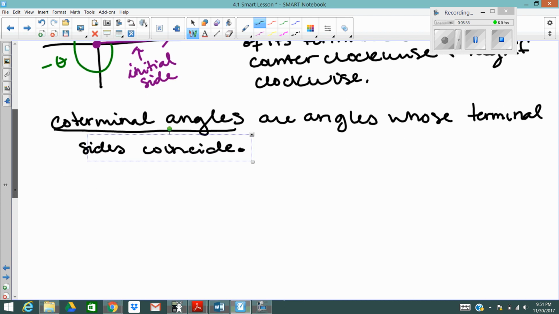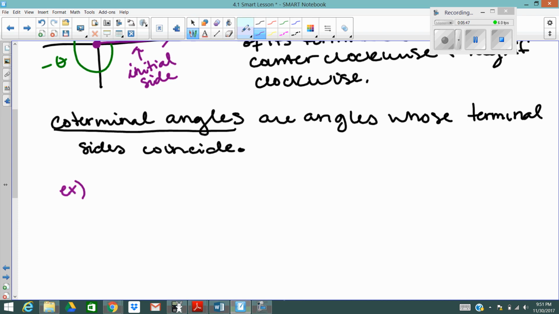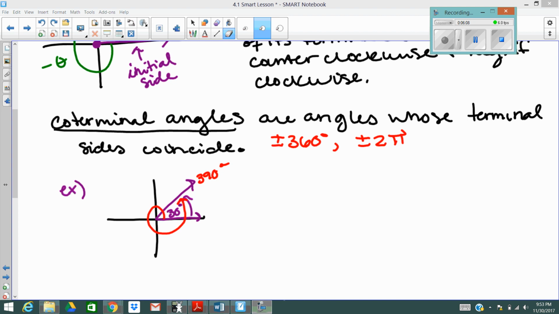So for example, the angle, actually let me do that in a different color. 30° is a coterminal angle with, so for example, 390° would be a coterminal angle